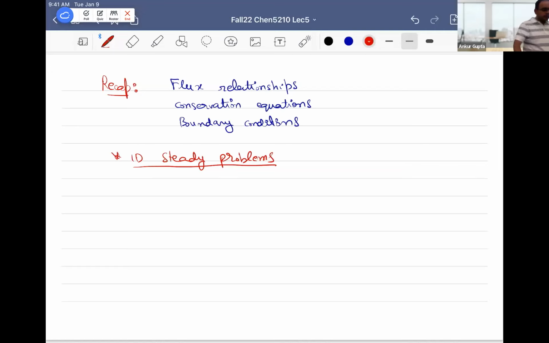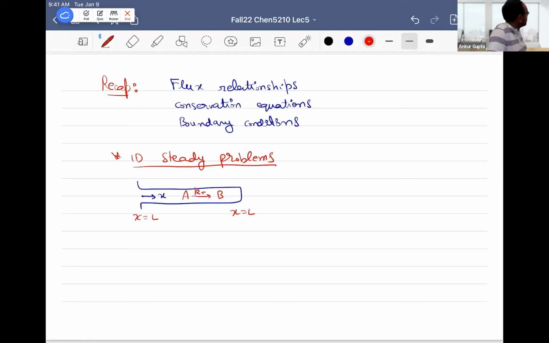Okay. So there were two kinds of 1D steady problems that we have done till now in class, and I'll also mention the one that is in homework. The first problem we did in class was A going to B with a rate constant, and it was a 1D steady problem, a pseudo binary system where two components are dissolved in a liquid. The second problem we did was a